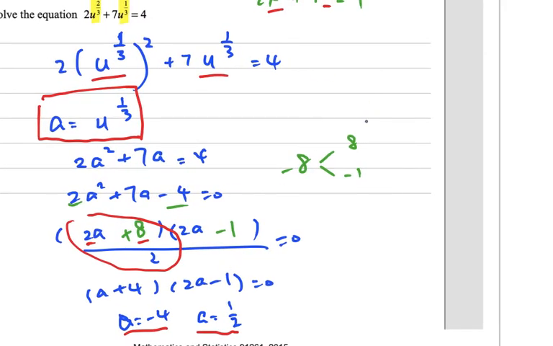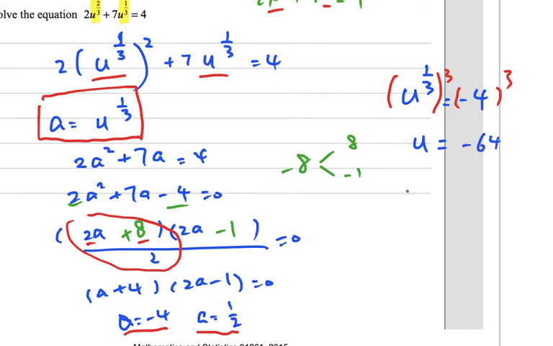Alright, so the first one is a equals -4, which is u to the power 3 equals -4. How to get rid of the power 3 there? The reverse of cubing is the cube root, which is really the whole thing raised to the power 1/3. And then you have u, because for power of power, you multiply the powers. 3 times a third gives you 1. So u is equal to